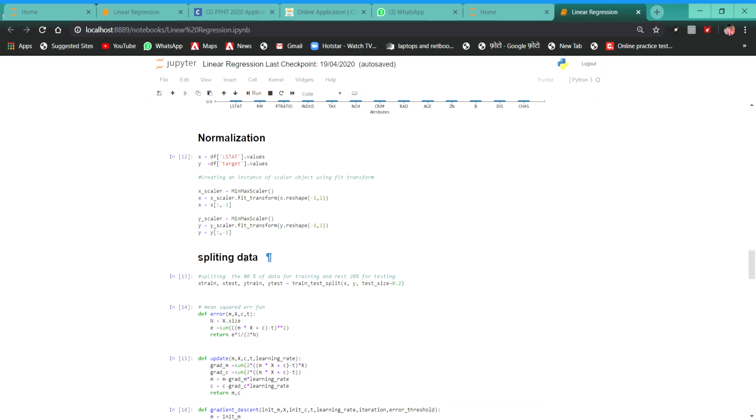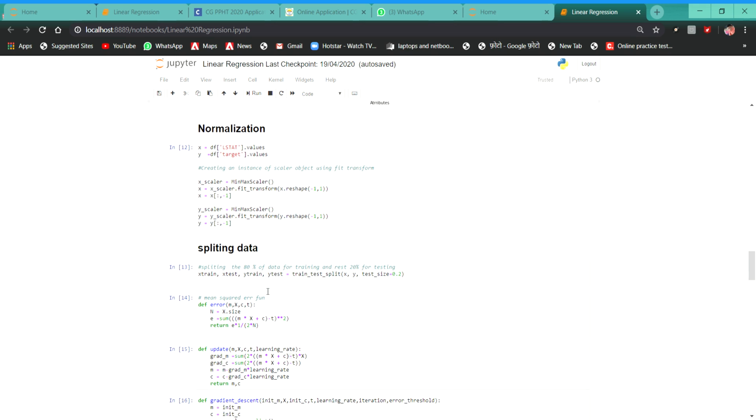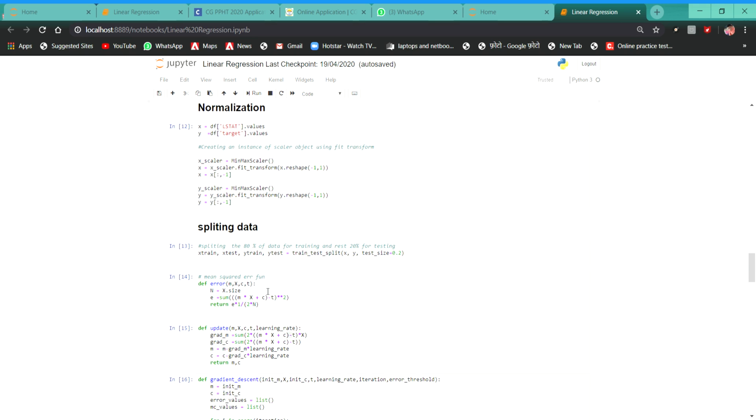Now we split the data into two groups. First is train and second is test. 80% of the data is split as train data, and 20% is used for testing.